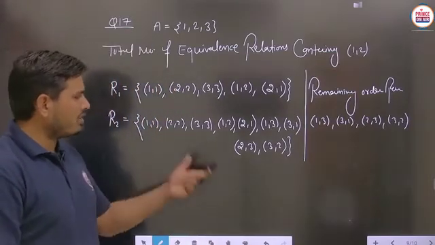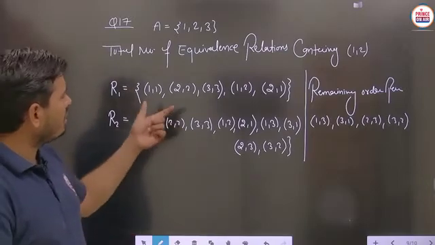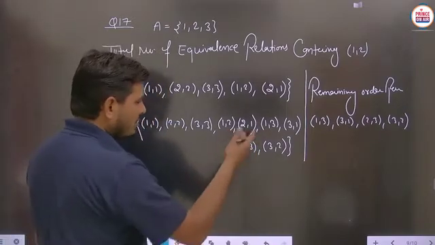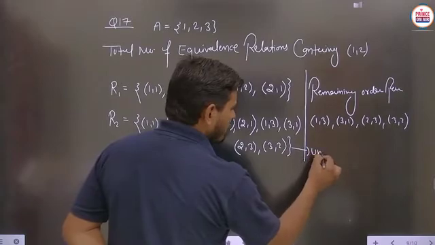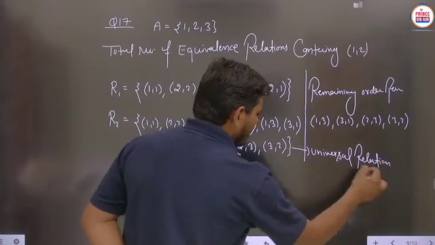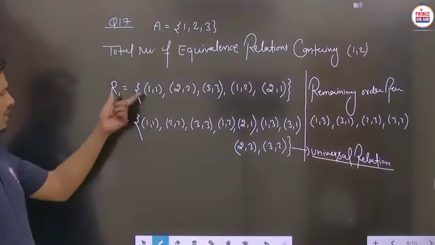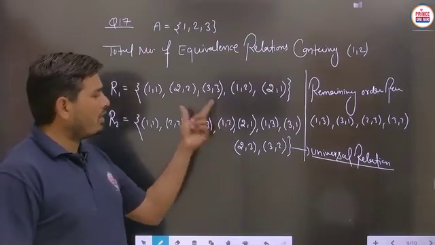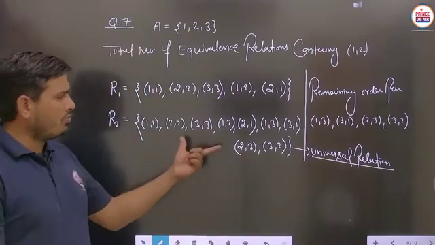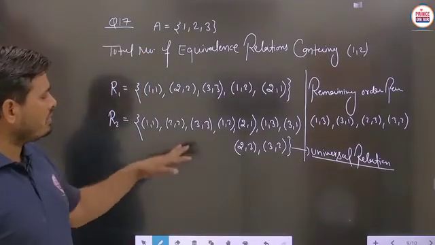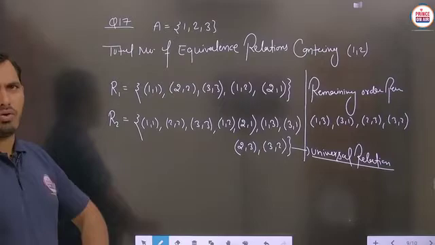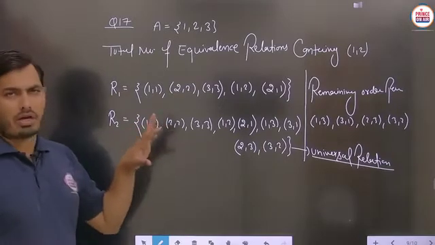So in such cases, definitely students, you can say that the particular relation is said to be an equivalence relation. So basically you can check that this is the universal relation, and any universal relation is always reflexive, symmetric and transitive. So you can make the second relation R2, which also contains the element 1 comma 2, and it is also an equivalence relation, because any universal relation is always reflexive, symmetric and transitive. Any other kind of relation, students, you cannot make, because other relations do not satisfy the transitive case.